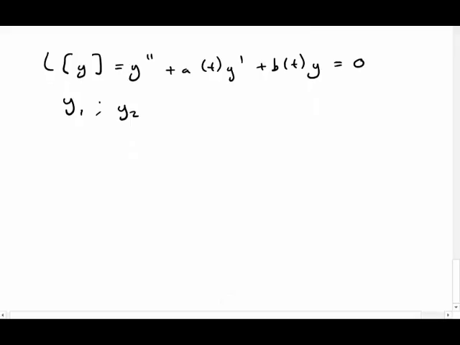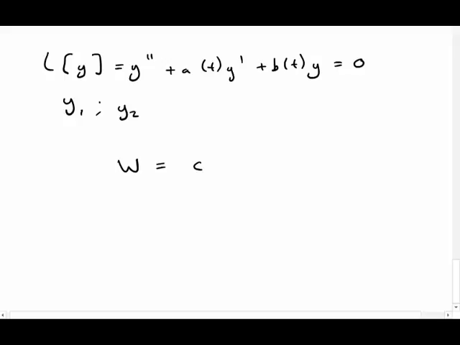Okay, and basically what we do is we assume that a and b are sensible. What do we mean by sensible? It means continuous on some open interval. So there are no jumps, no discontinuities, no gaps in the function. You can just draw the function without taking the pen off your paper. So that's what a and b are, just sensible functions. Then basically we can say that the Wronskian is given by some constant times